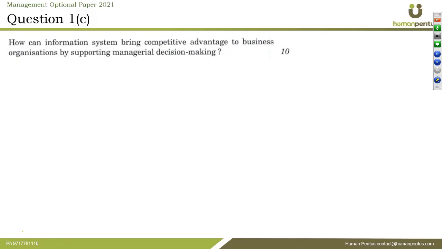How can information systems bring competitive advantage to a business organization by supporting managerial decision making? Okay, so guys, कि जो information system है हमारे, how can they bring competitive advantage? अब competitive advantage होता क्या है? First thing first. So guys, competitive advantage वो attributes हैं which will create better quality or better profitability or better customer service